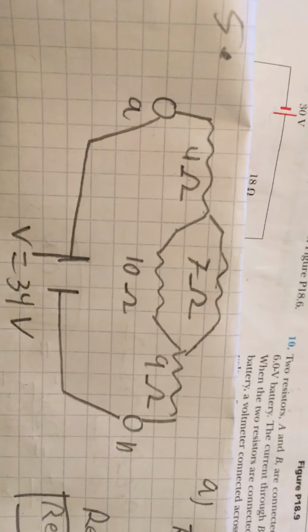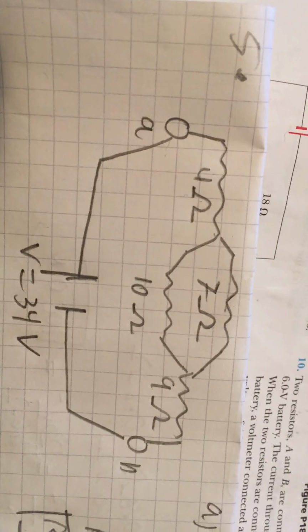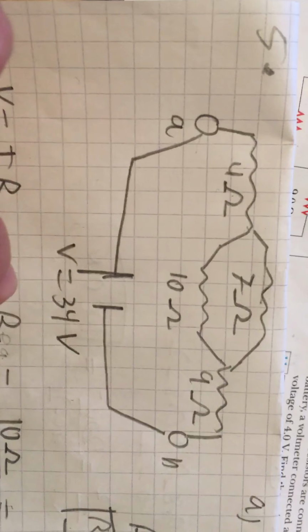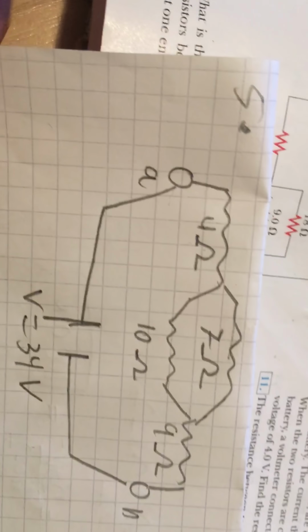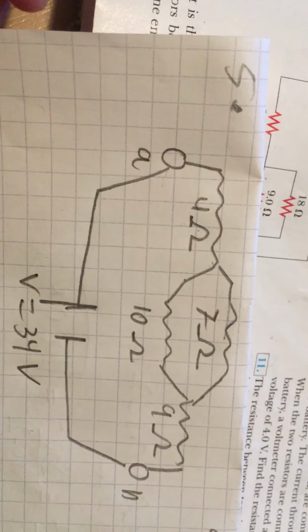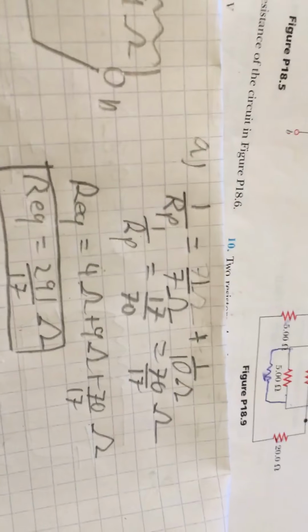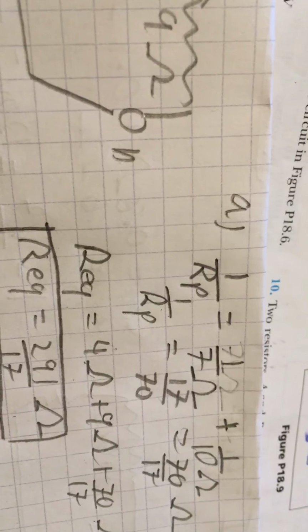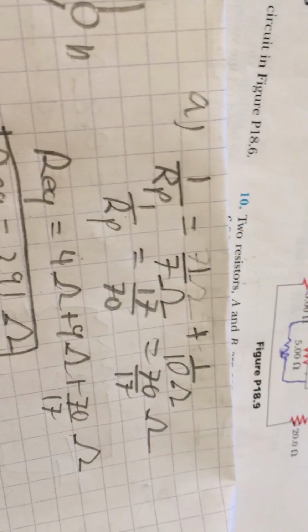First, I drew this out so I can understand it better. I also drew the 34 volts here, but we're not going to use it in part A. In part A, it's kind of simple. For part A, I suggest you tackle the parallel circuit first. You just add the resistances up in a parallel circuit, and you get